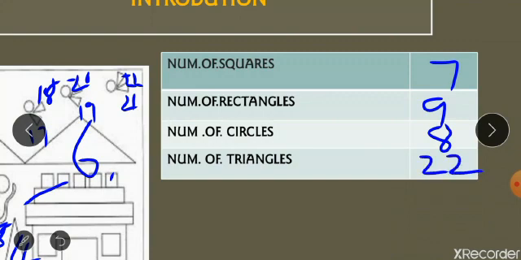From this given data, you can easily observe which shape is least in number and which occurs maximum in number. That is more in numbers. So the triangles are maximum in number and circles are least in number. So that's why the data is very useful to segregate the things into groups. Okay, shall we move to next?